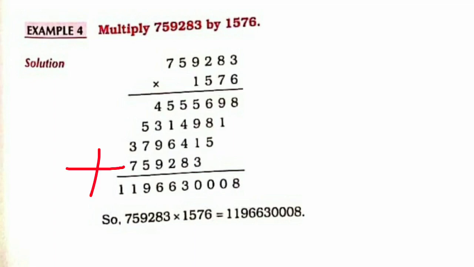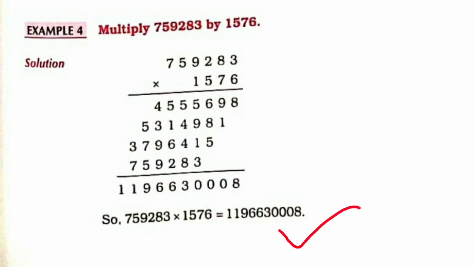So now here 8, after 8 no numbers are given, so directly 8 will come. Then we will add these tens place digits. Here 1 and 9 both are given, so we will add this. Here 10 will come, so we will write only 0, and the carry 1 will go this side at the 100 place, and then we will add all the numbers. So like this we will add, and then the required answer will come.